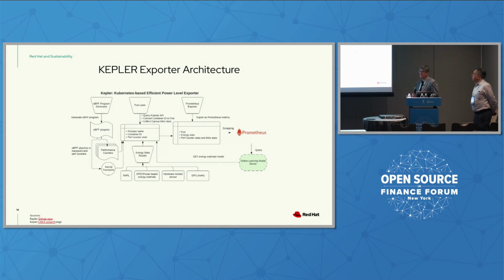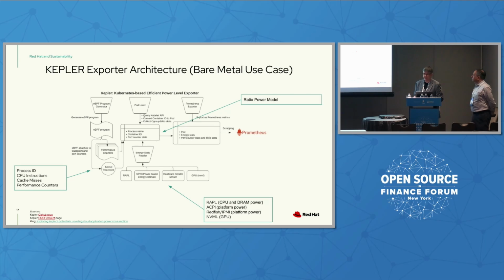How are they put together? There's essentially three big pieces in here. And again, this is a very complicated diagram, so I just want to give you a quick overview. There is the portion that's nested in the kernel with the BPF that measures performance directly. In the bare metal use case, which is the simplest one, all I have to do is measure what the application does, from CPU utilization, instructions, cache miss, everything that it does, and corroborate that with the power consumption and energy stats that I'm getting directly from the system.